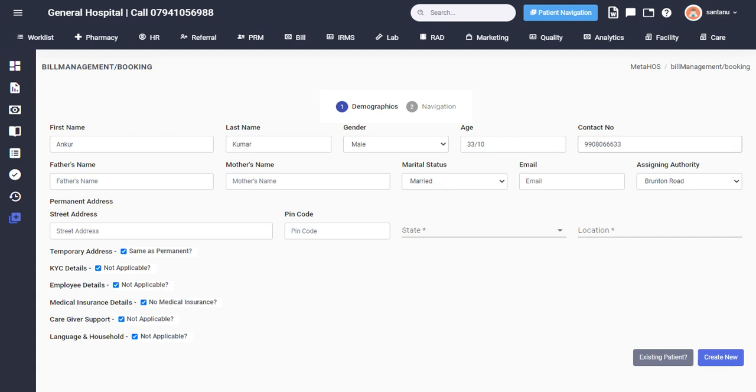As these fields are not mandatory, we can skip this field. However, I will fill up the email ID. Street address under permanent address is mandatory field. So we will type.